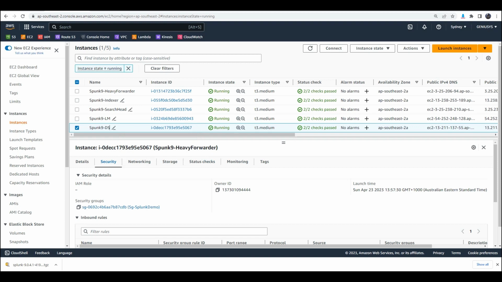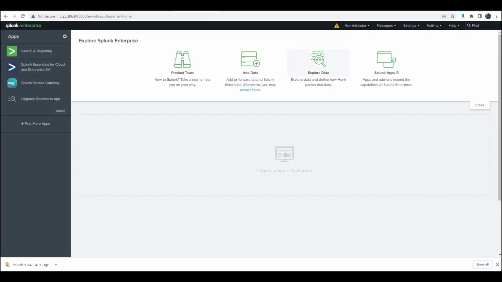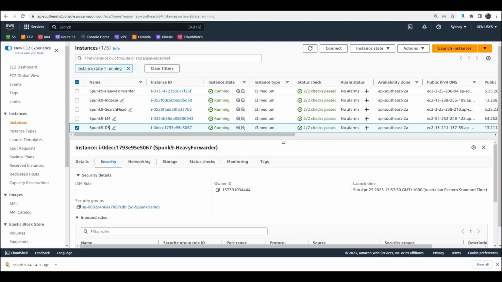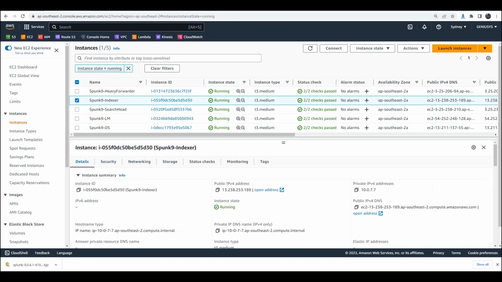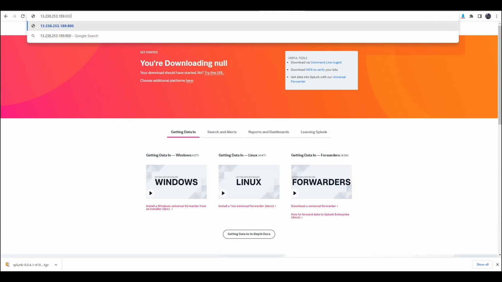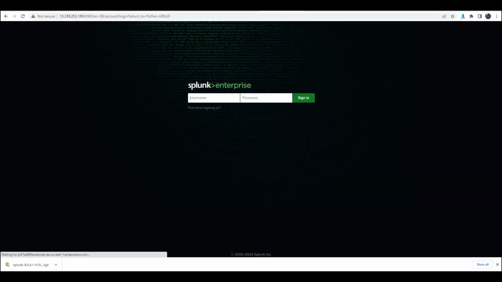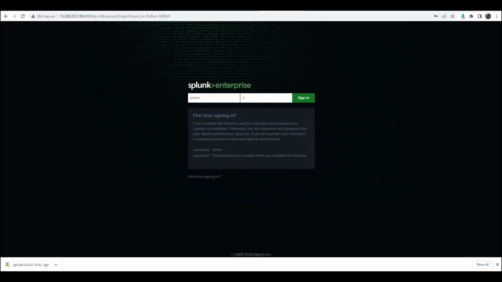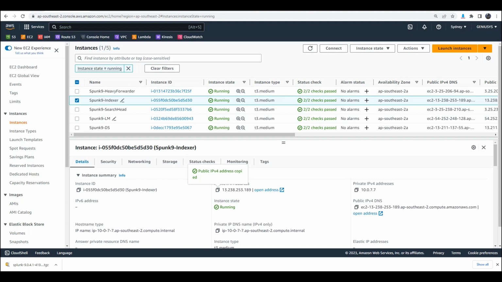This is just to ensure that we know which instance is for what. But when you log into the server, it will be hard for you to identify which server is used for what. So there is a feature in Splunk that we can use. But for now, just log into the public IP address and see the 8000 port. Okay, there we go. That's the second one. Now log into the search head, copy the public IP address,